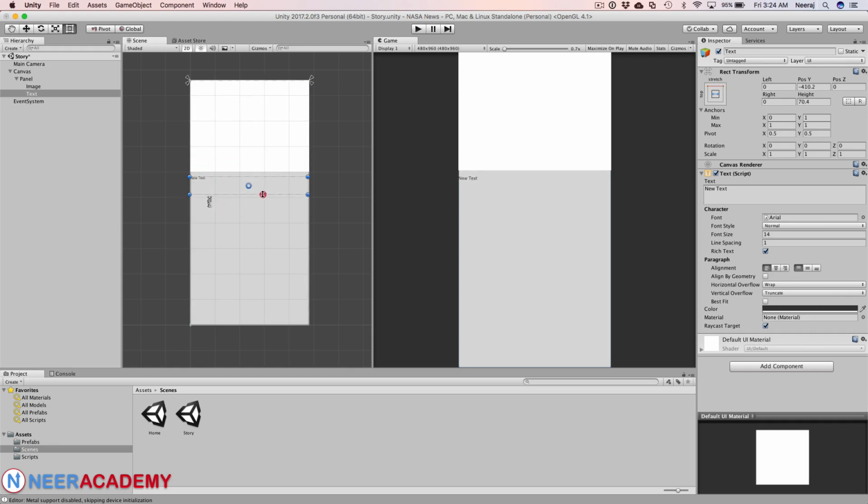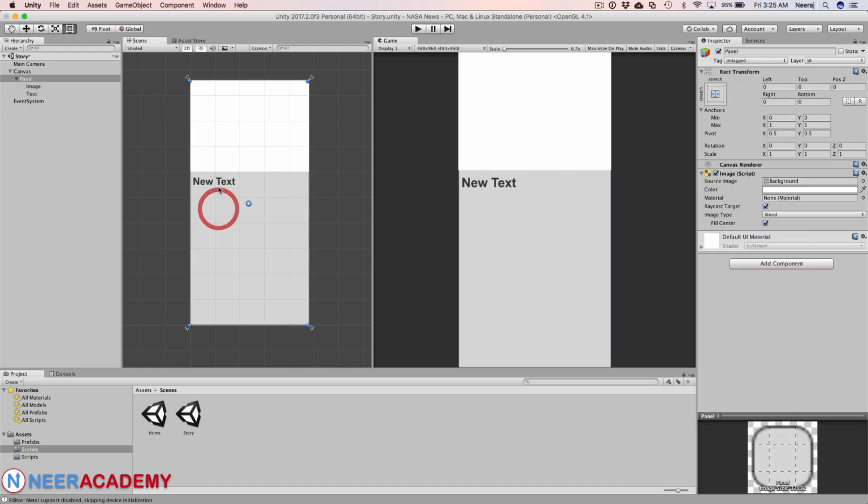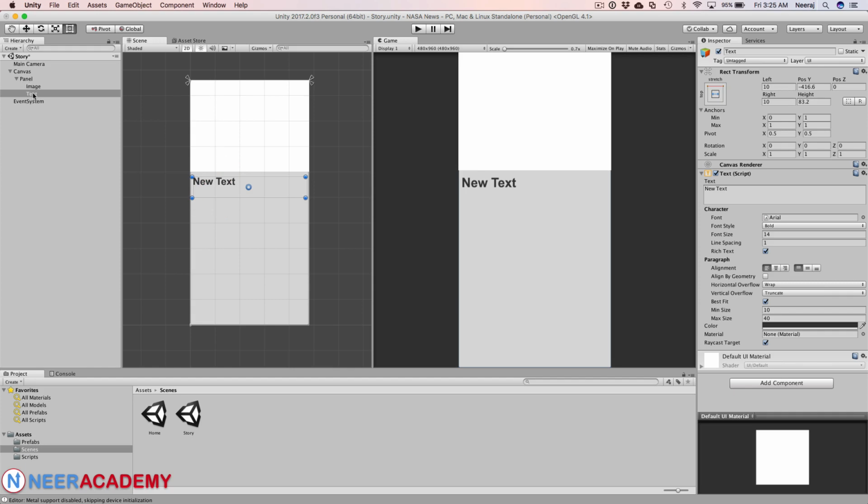I'll increase the size of it a bit. I'll use best fit and bold. I'll just skip some space on the left and right padding, slight padding. Next thing is I'll add something for this I'll be title, so I'll just name it as title for my reference, and then